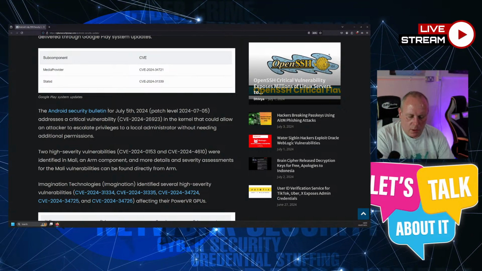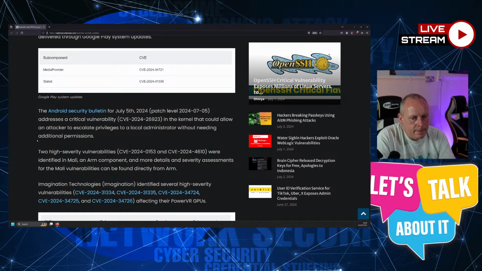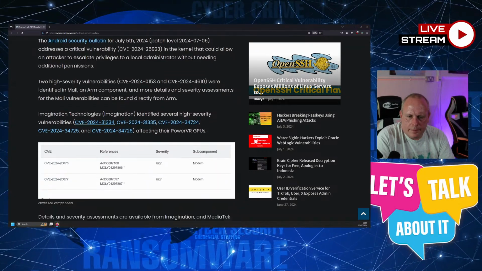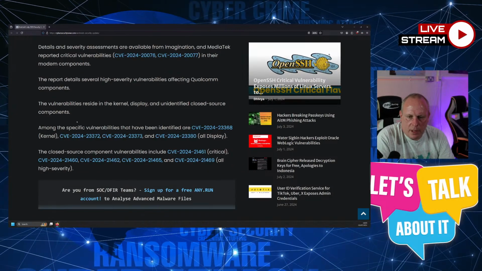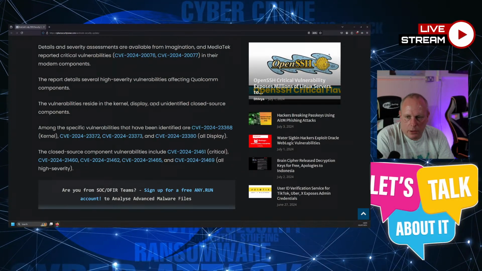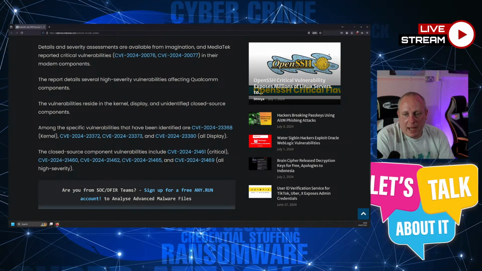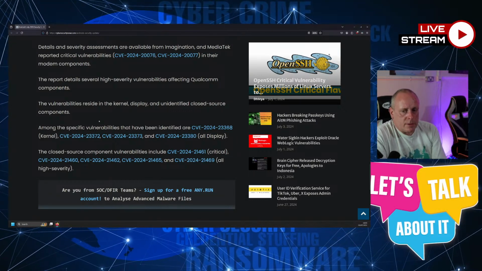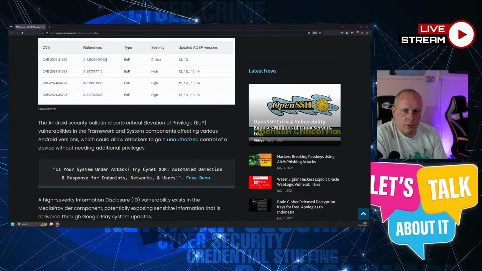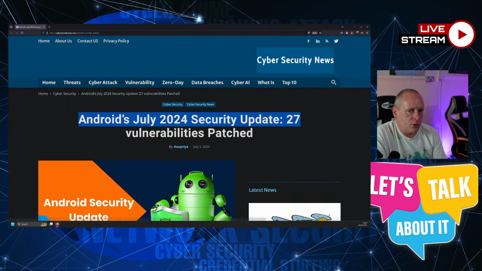If it's set to automatic, you want to make sure you do a manual check as well. Is there anything I can pull out of that? So these vulnerabilities reside in the kernel, display, and an unidentified closed source component. And there's a list of vulnerabilities there. So just if you're running Android, update to the latest version.